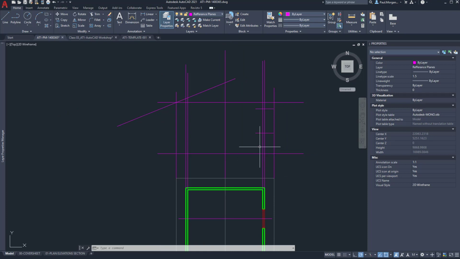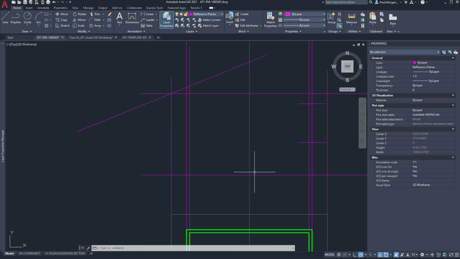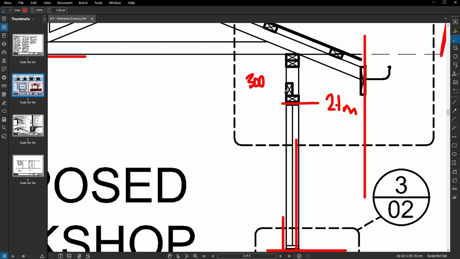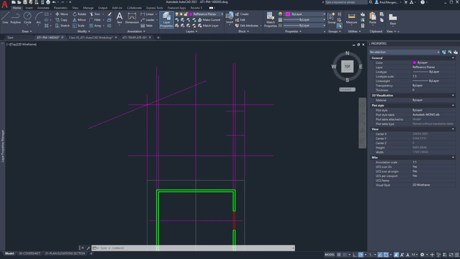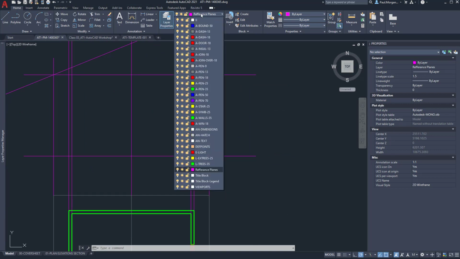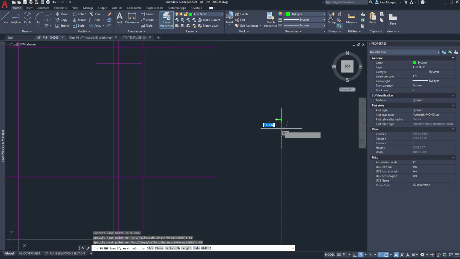So the next thing I'm going to look at is creating a block for our stud wall. So our stud cuts look something like this, where you've essentially got a rectangle with a thick line, and then you've got a cross for the timber section itself. So in order to do that, this is very, very simple. I'm going to just start with a pen 35. So I'm going to go a pen 35, and I'm just going to go polyline across 90, down 45,